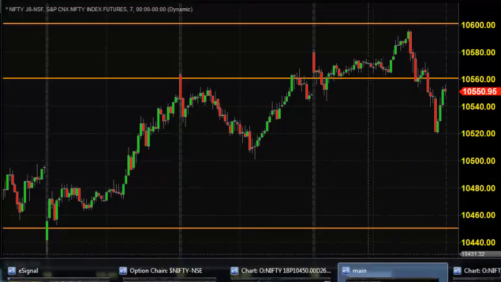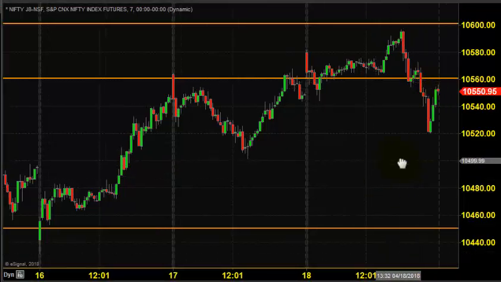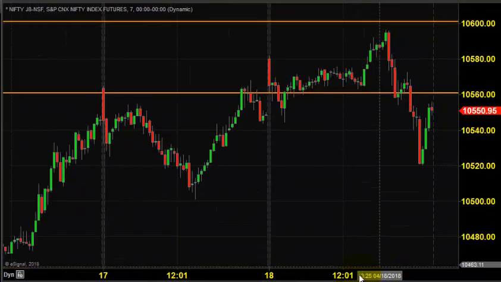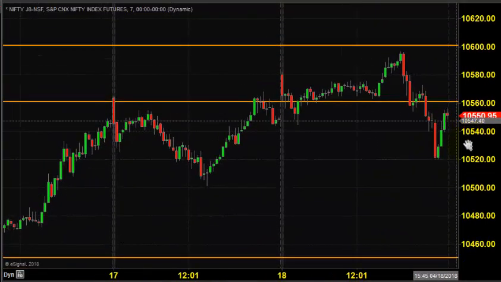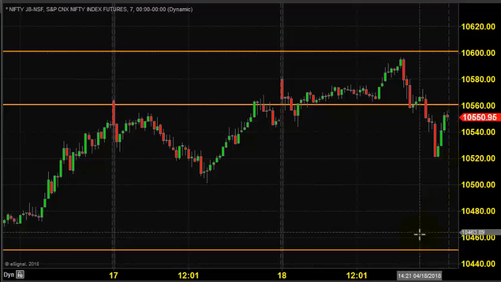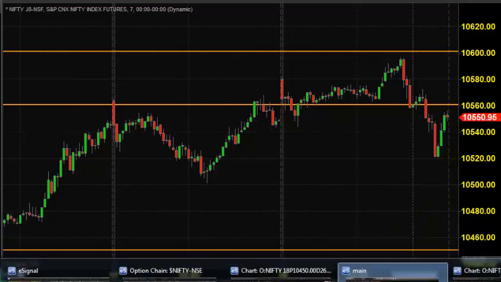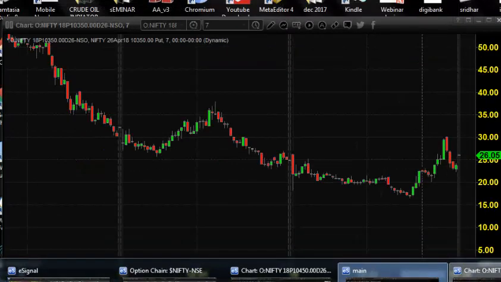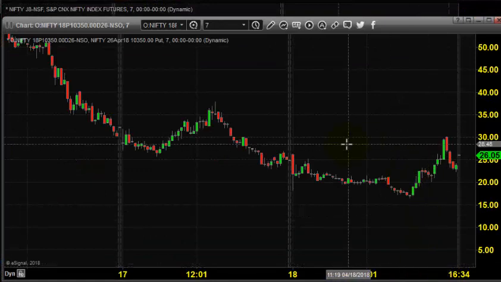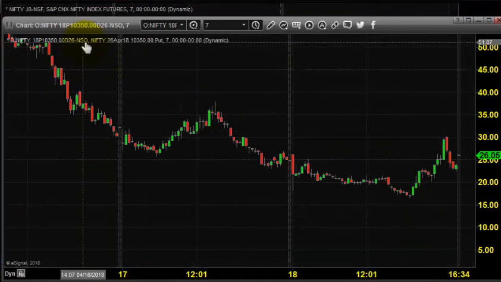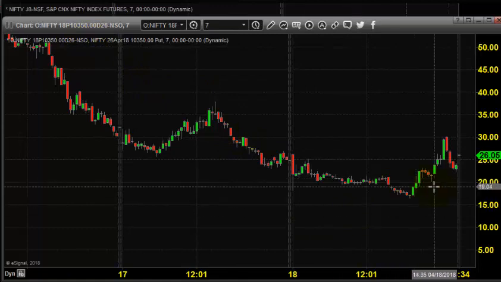So what we can do today, today also there is no change in our positioning. Still we expect Nifty to stay in downtrend, which means again we need to buy a put option. The selected strike price was 10,350, which closed around